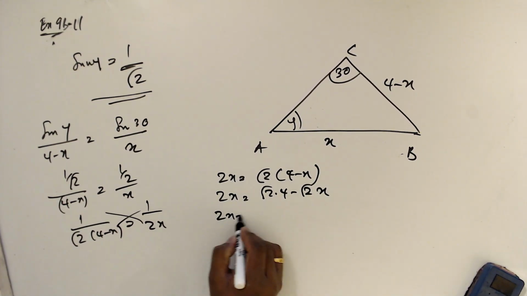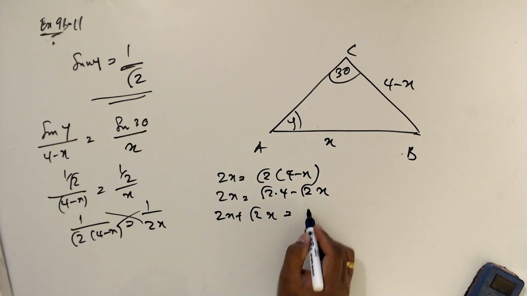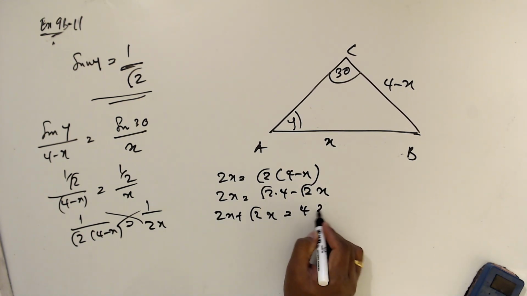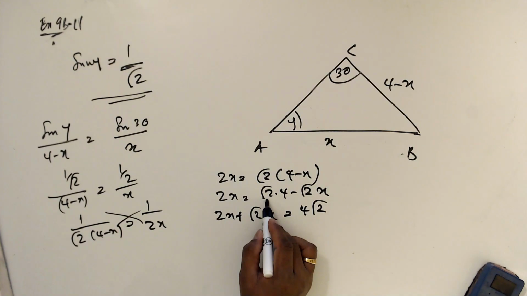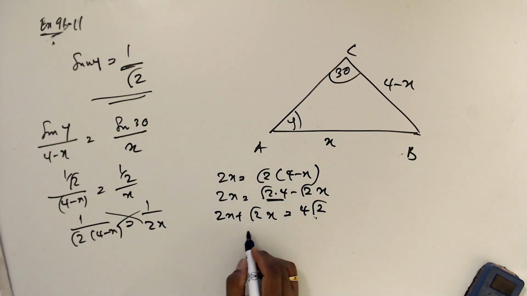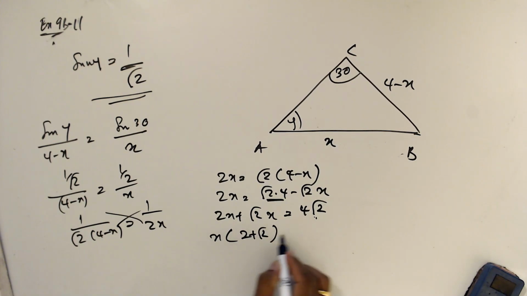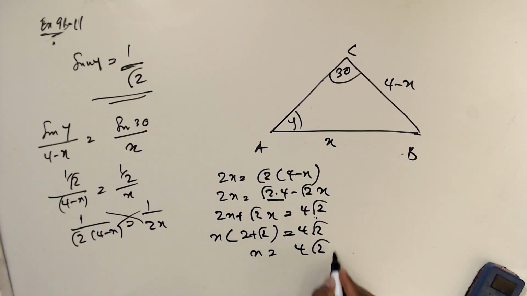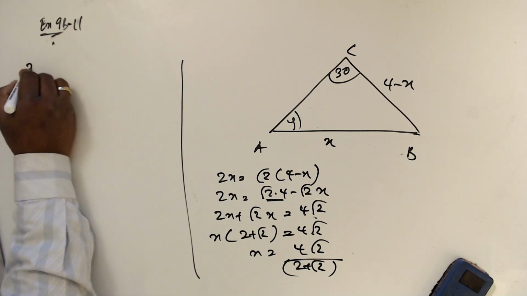So 2x plus square root 2 x equal 4 square root 2. So I write this as 4 square root 2 when I take x out: x times 2 plus square root 2 equal 4 square root 2. Now x equal